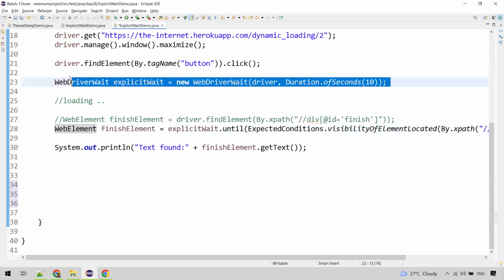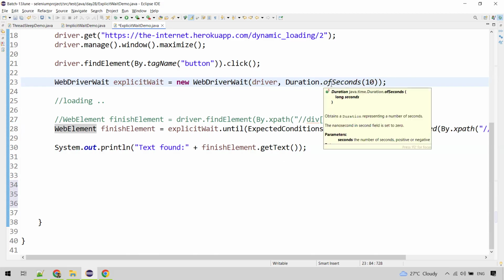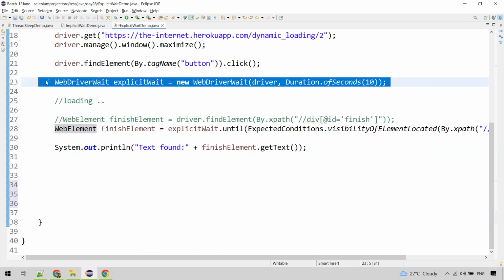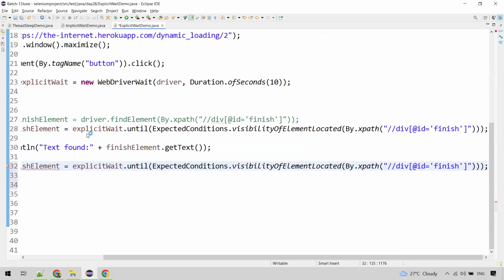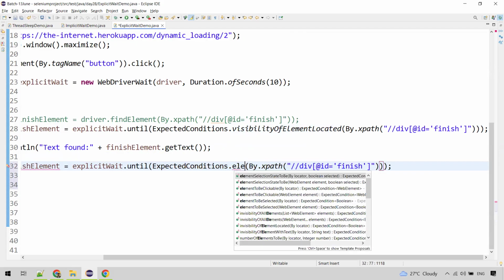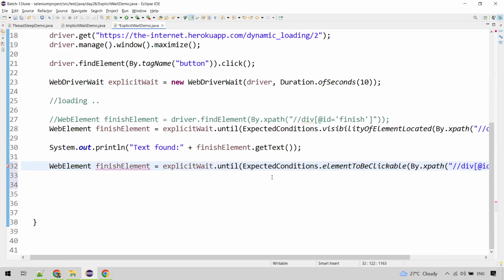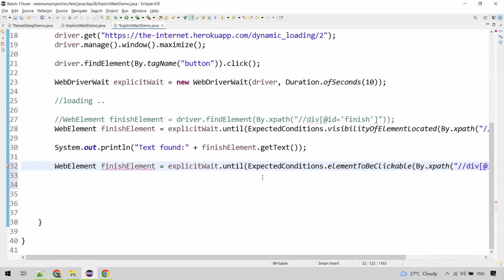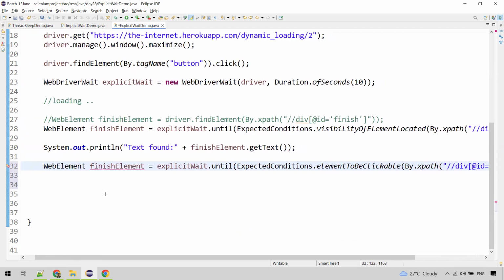Also, if the time is different, like if the maximum timeout you wanted to wait is different, we need to again have a different object. Say for example, even if this is constant, we have to modify this statement. So this statement, we have to bring it here. If it is a button, then we'll say element to be clickable, and you'll write the button here. If that button is present, then this condition will be true, and then we need to go ahead with